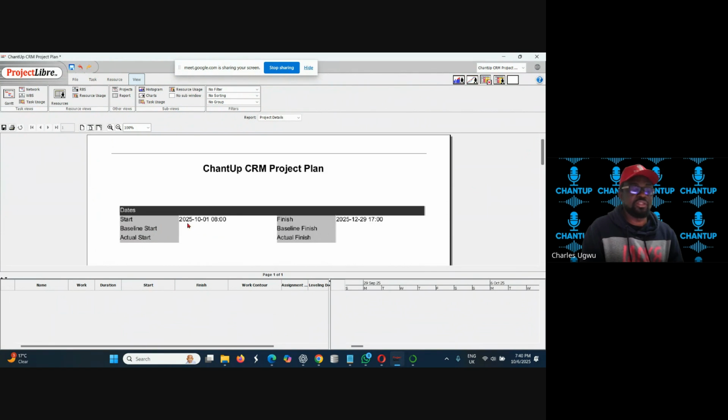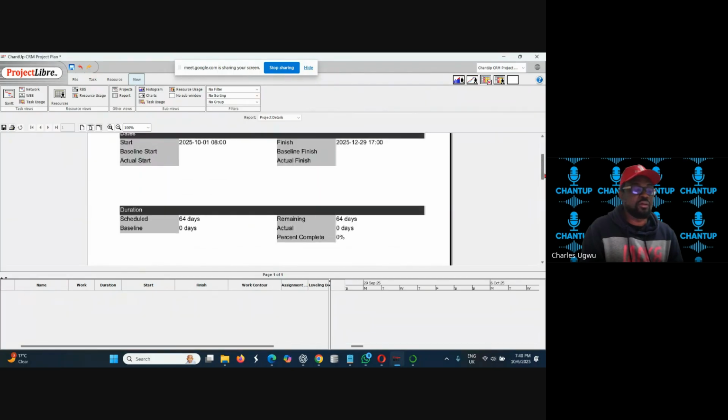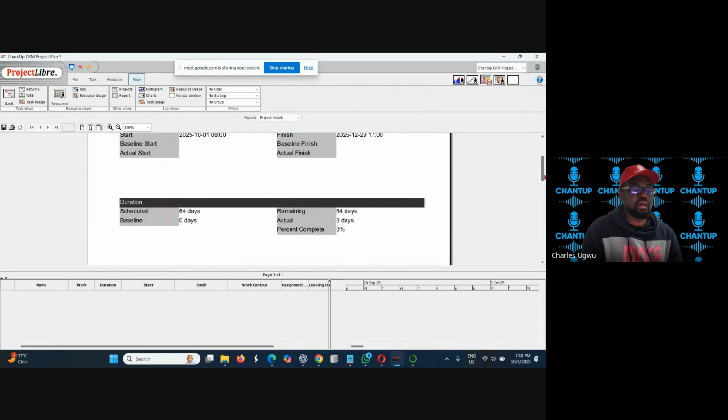This is the expected start and finish, but you've not started. Once you start, the actual start and actual finish will appear. And this is duration,